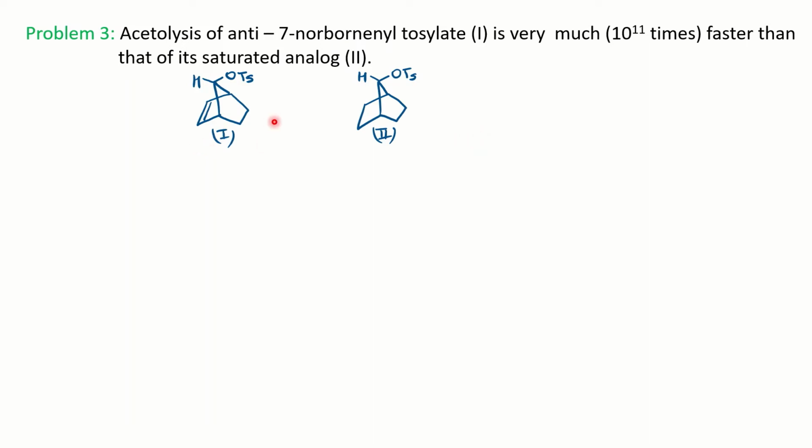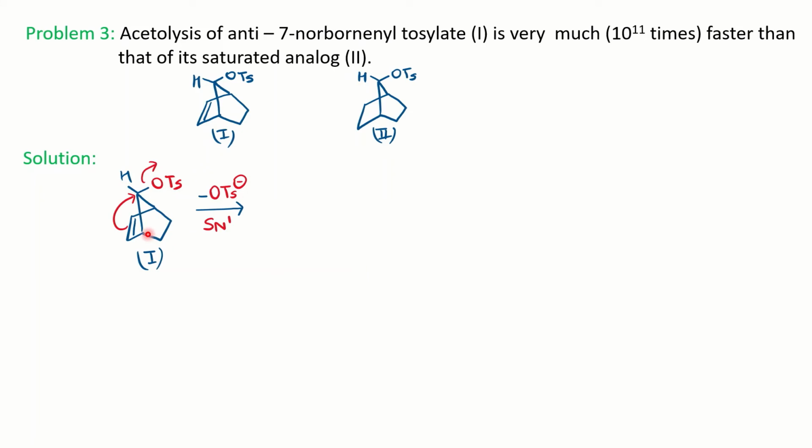So now the question is why NGP is happening in structure 1 while it is not happening in structure 2. For that we need to see. As you can notice in this structure, you have a double bond, a pi bond in this ring, and a tosylate group which is a leaving group. Both are anti to each other, right? You have a double bond which is at the backside of this tosylate, and here the pi bond electrons participate to push this leaving group from the backside, SN2-like, one mechanism,